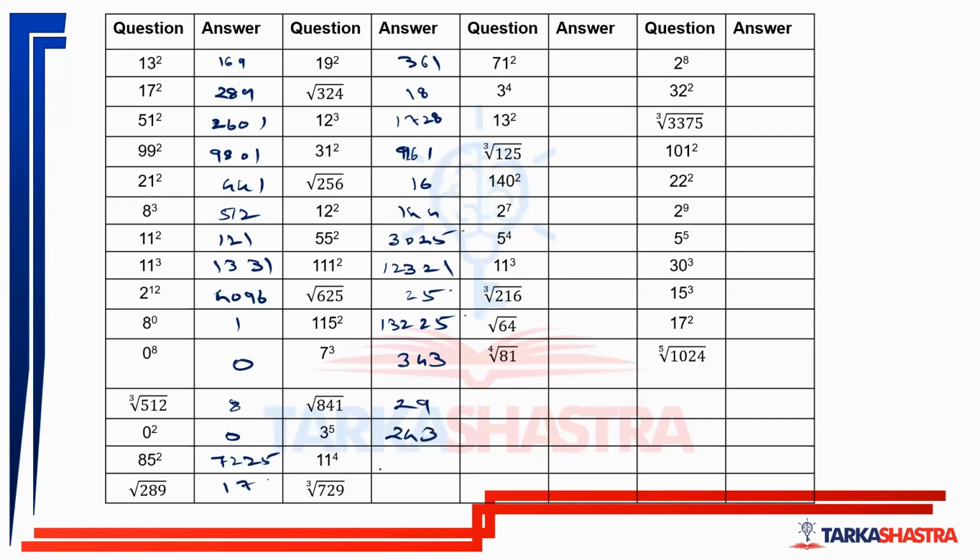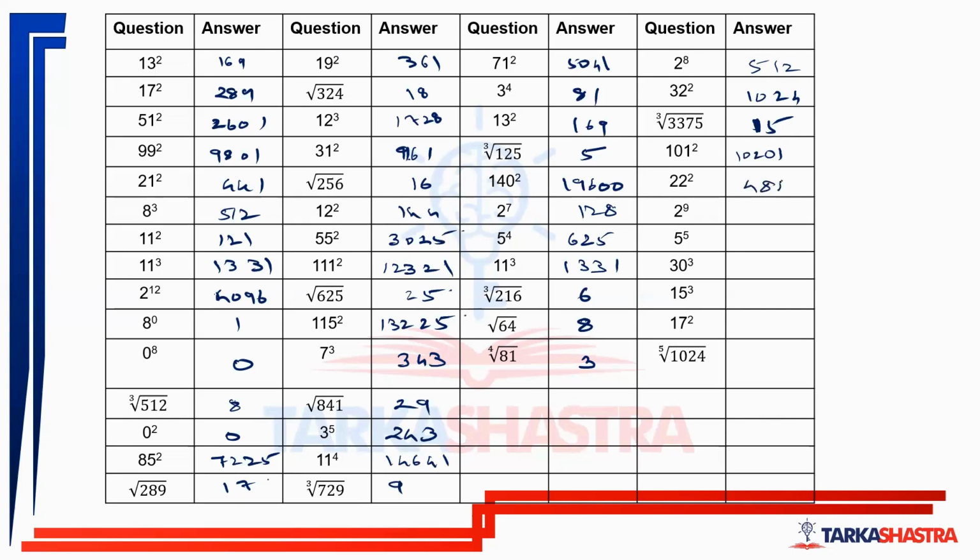3 raised to 5 is 243, 11 raised to 4 is 14641, cube root of 729 is 9, 71 square is 5041. 3 raised to 4 is 81, 13 square 169, cube root of 125 is 5, 14 square is 196, 2 raised to 7 will be 128. 5 raised to 4 is 625, 11 cube 1331, cube root of 216 is 6, 2 raised to 9 is 512, 32 square is 1024, cube root of 3375 is 15, 101 square is 10201,